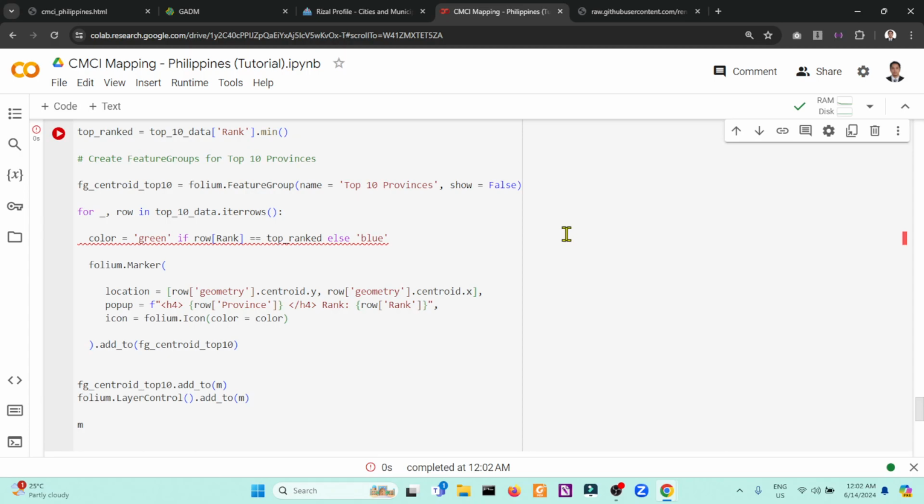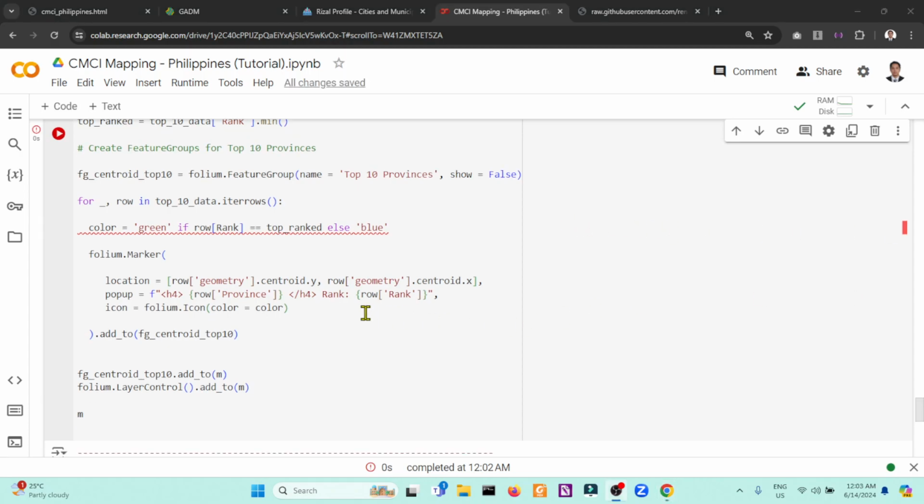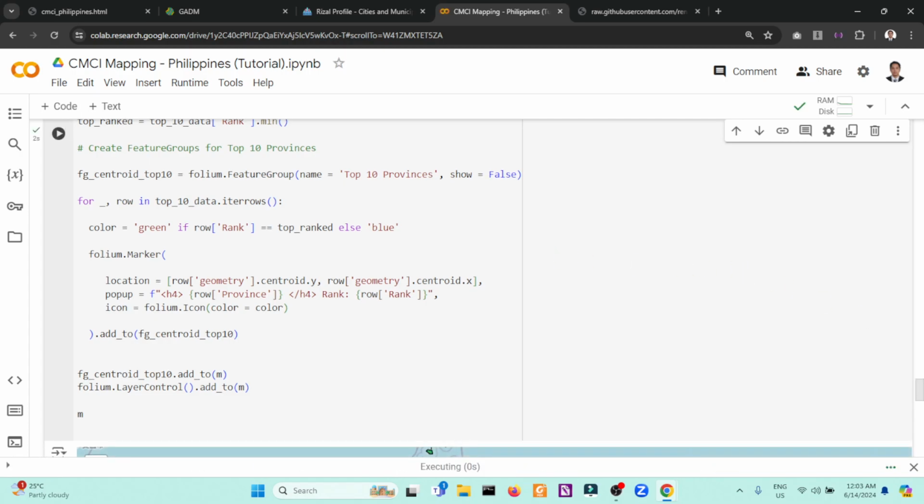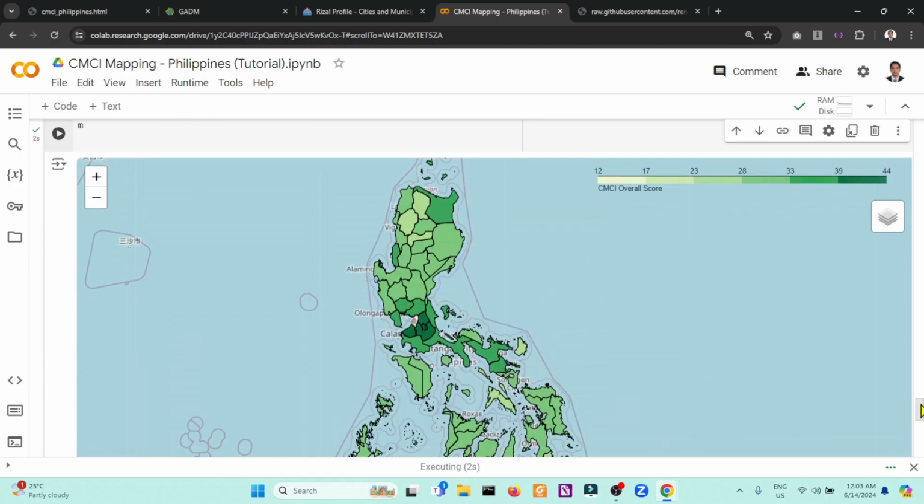So green rank, top rank else blue. Hmm, I think this will be a quotation of rank. So let me run again. Hmm, so I think we succeeded.